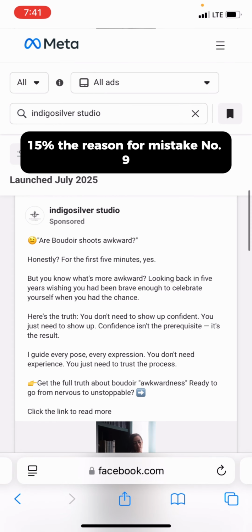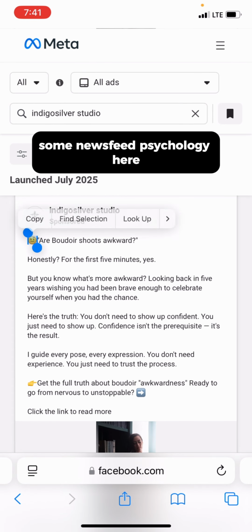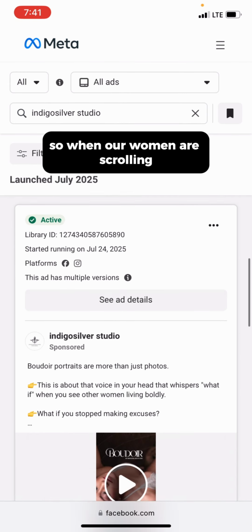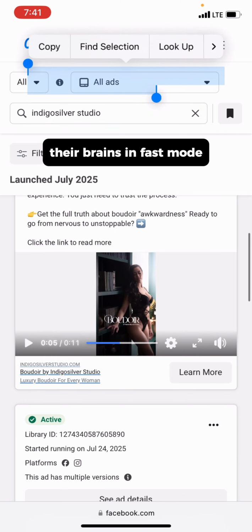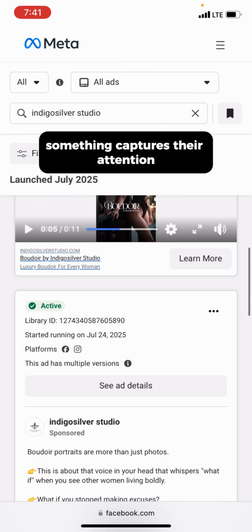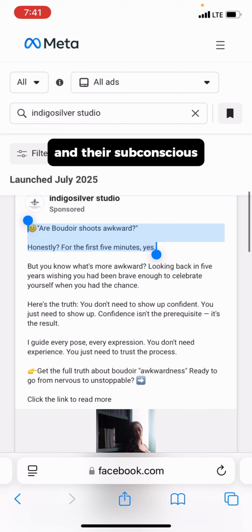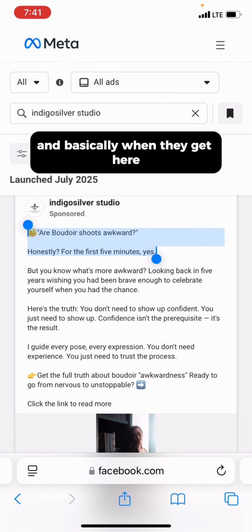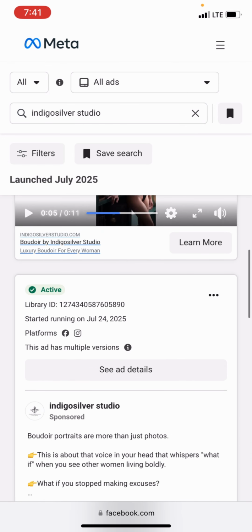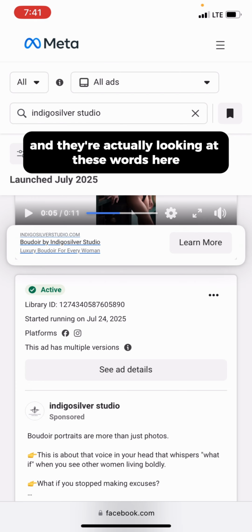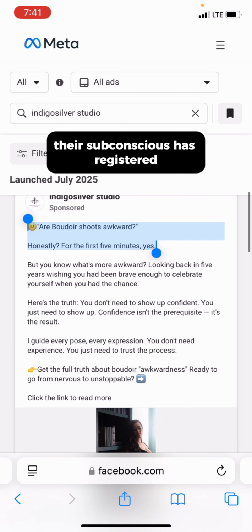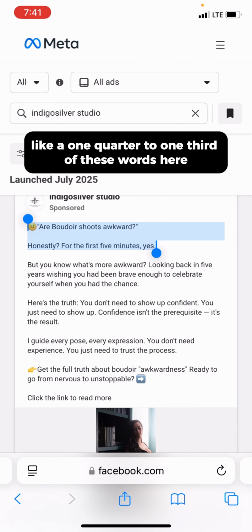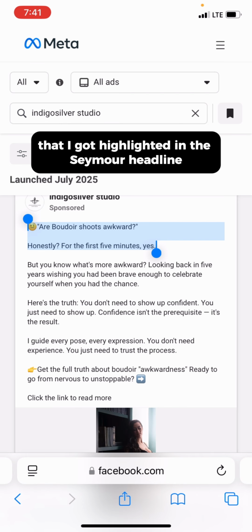15% of the reason for mistake number 9. Some newsfeed psychology here. When our women are scrolling, their brain's in fast mode, something captures their attention and their subconscious. And when they get here, and they're actually looking at these words in the bottom left, their subconscious has registered like 1/4 to 1/3 of these words that I highlighted in the See More